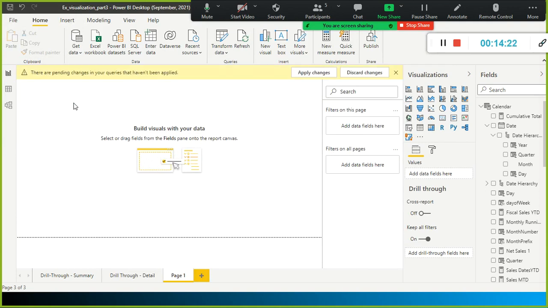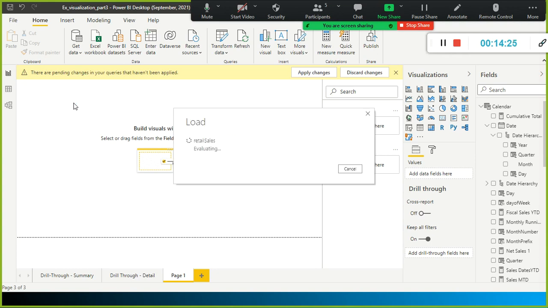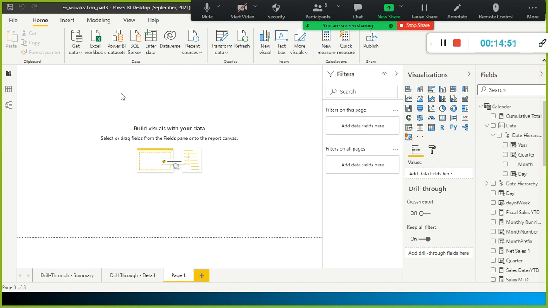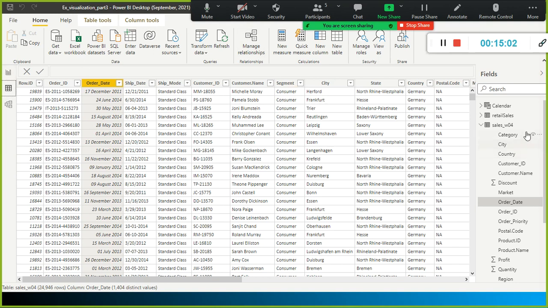At least it loads in a matter of 15 to 30 seconds, or at least 1 minute. But in real time, when you start importing a file, it takes half an hour, 1 hour. You can take a nap and set some alarm for when the data gets loaded. See, even for these 25,000 records, it is still working on it. It takes some time, right? You cannot expect real-time data, even development data, to get loaded this fast.